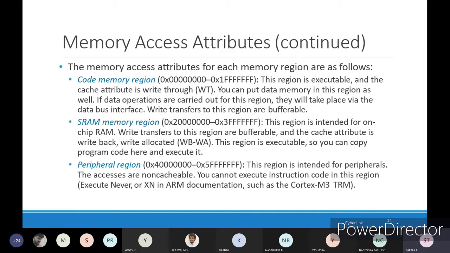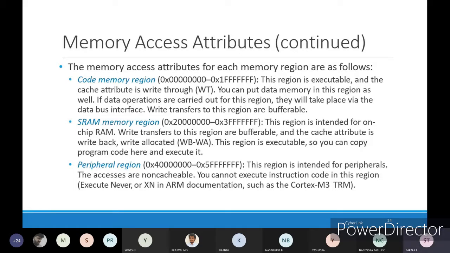Whatever program you are writing, simply keeping the code in the code memory is not the only option. You are storing the data also inside this code memory. But if you are accessing the data from code memory, then you will be using the data bus. If you are accessing the code, you will be using the code bus, or instruction bus.